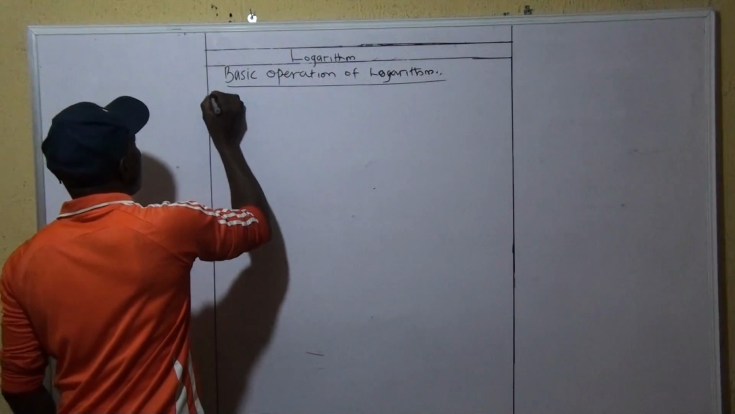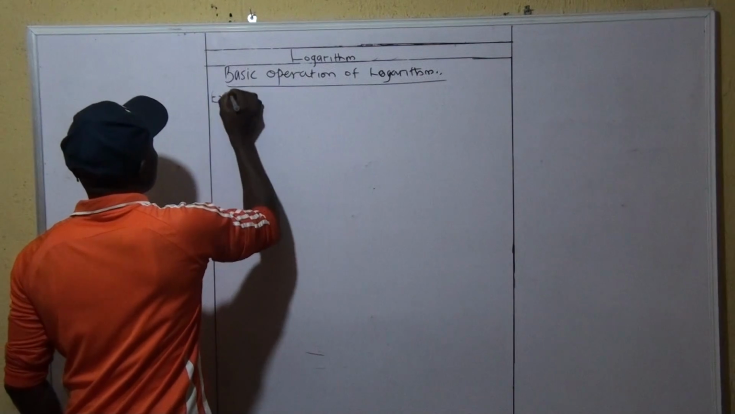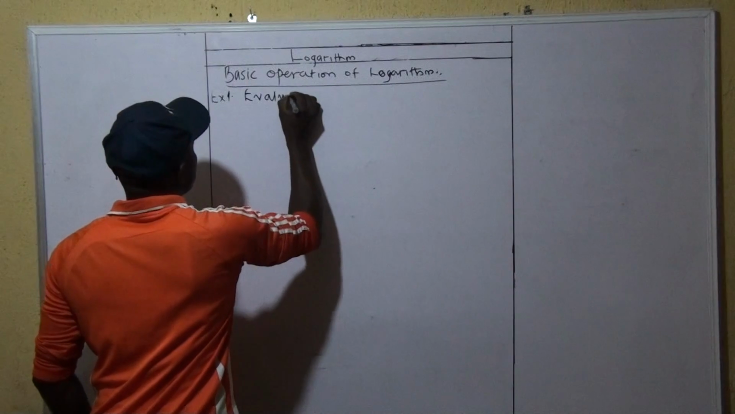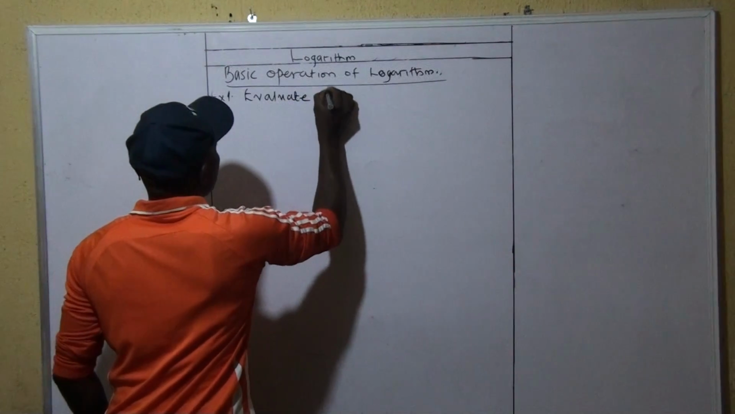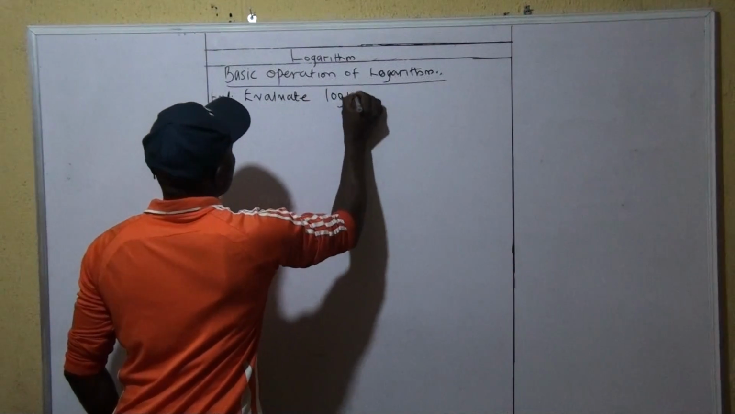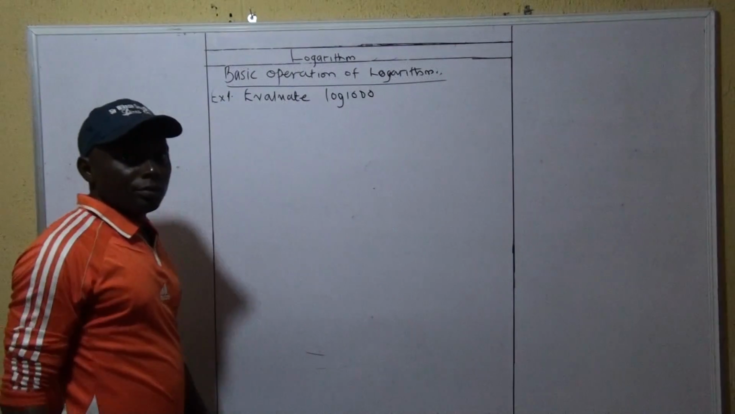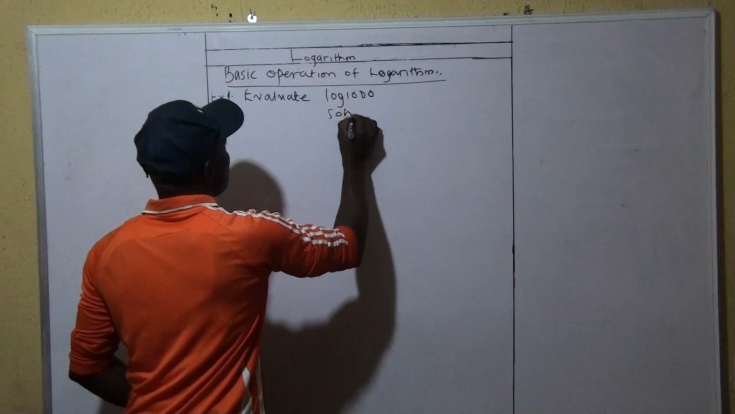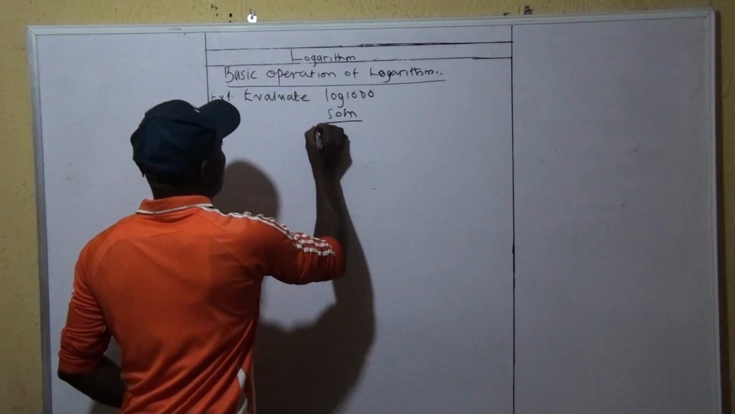Very quickly, example one. Example one. Evaluate log 1000. So this is what they asked us to find. So look at the solution. We're looking at log